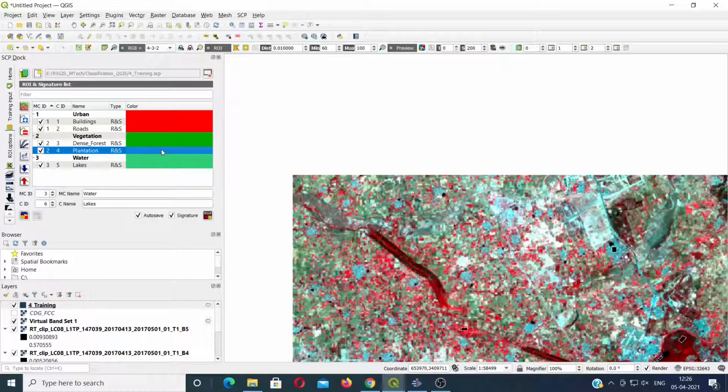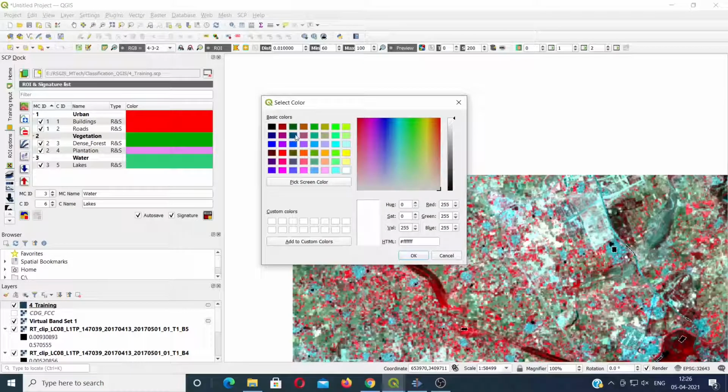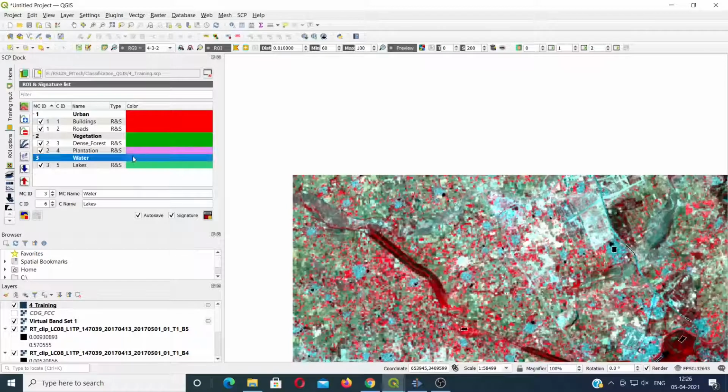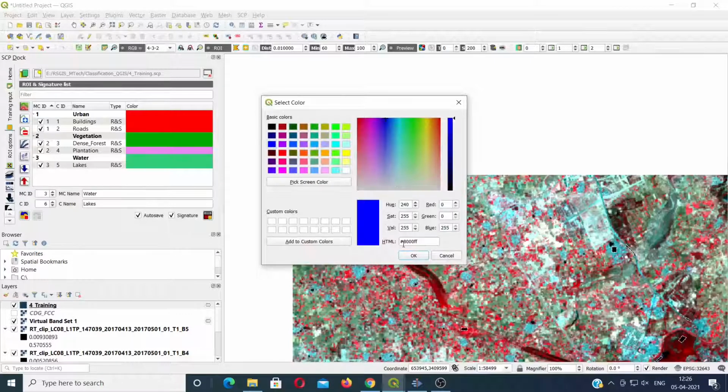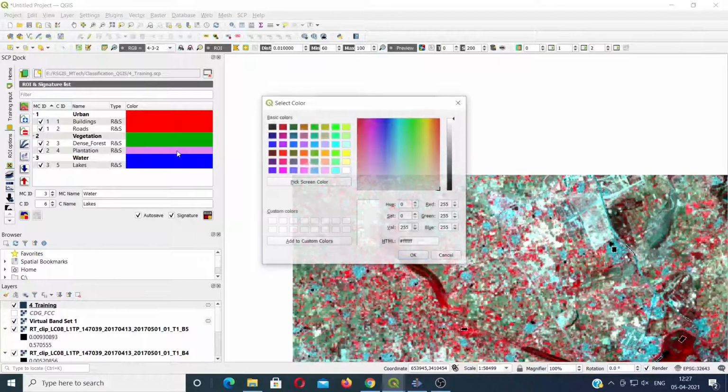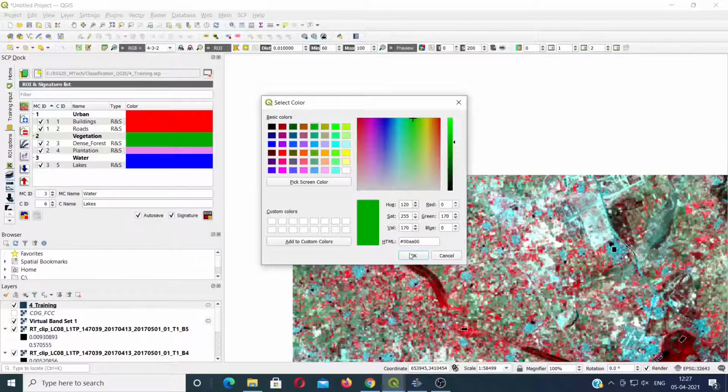Now this color was somehow not changed, so I will just change it. Water, I'll take it as blue. Subcategory of water is also blue, and plantation I'll take as green.